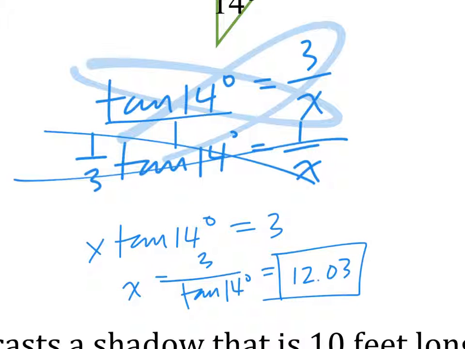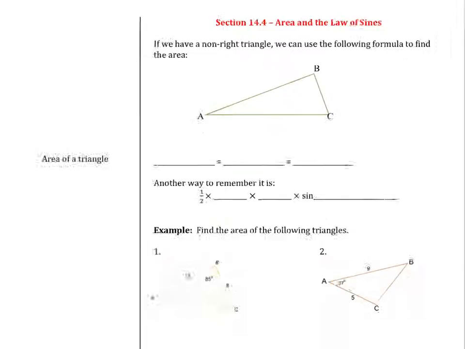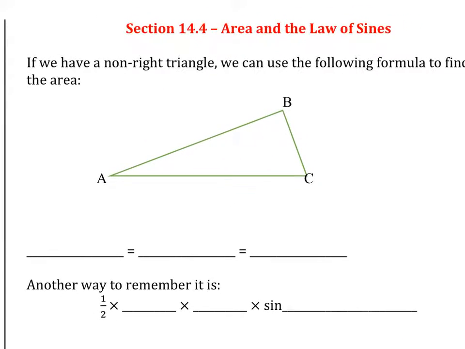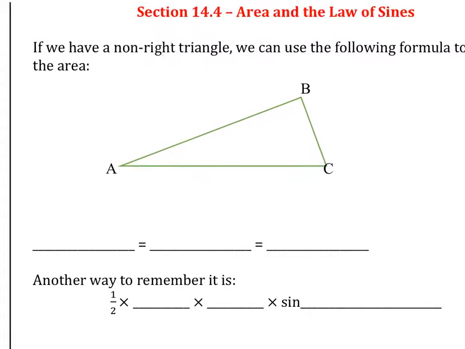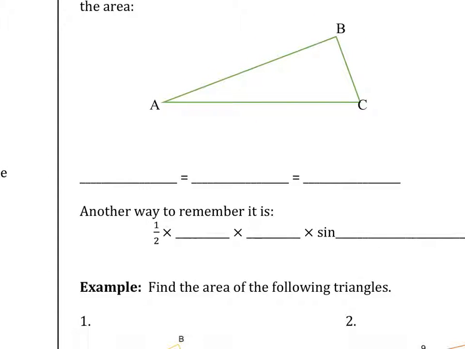All right, let's really quickly do 14.4. This is an easy section. The formula is also very easy to remember. So let's take a look at this. This is not a right triangle. So can we use SOHCAHTOA? No. SOHCAHTOA only works on right triangles, so we cannot do an opposite over hypotenuse because there is no hypotenuse. So when we have to figure out the sides,